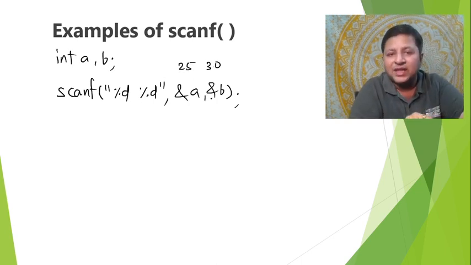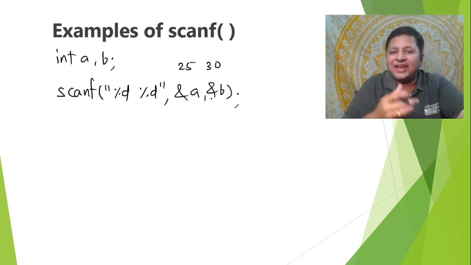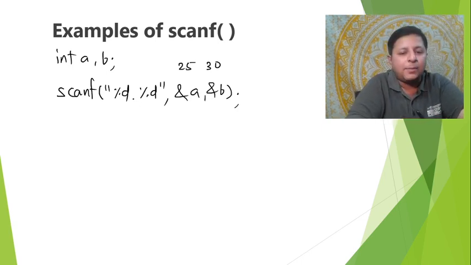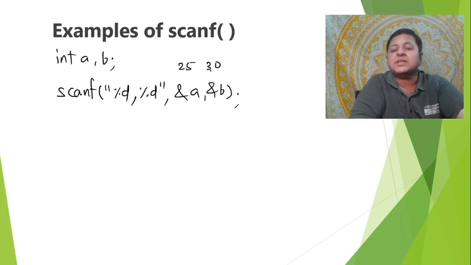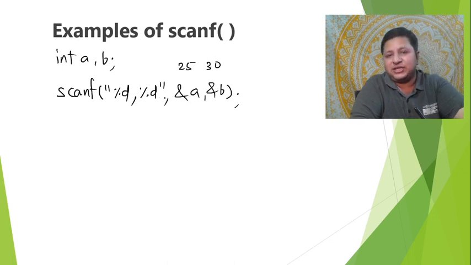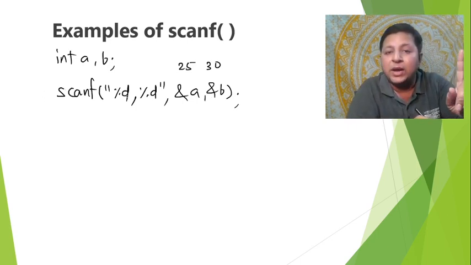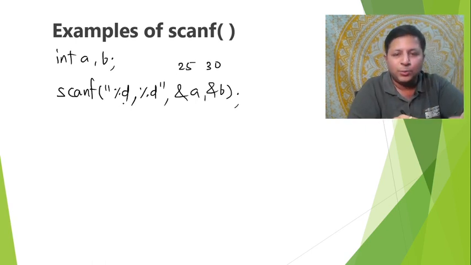That is happening properly. Now suppose we feel like doing some experiments, and if I put a comma here, what will happen in the current state? 25 matching with %d, perfect. It will be stored in A. Understand that. But when next comes 30, it will be compared with comma and there is a mismatch. Then 30 won't be read. It won't give any error or something. It won't stop also. But simply B will store the garbage as it is. And if at all here you try to get Z equal to something, the value of Z will be only 1. Because how many arguments are being read successfully? Only 1. I hope you are getting this.